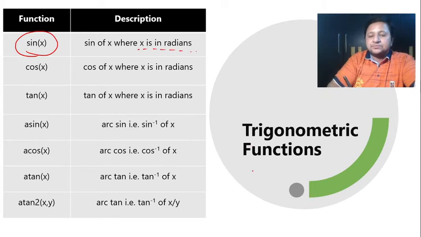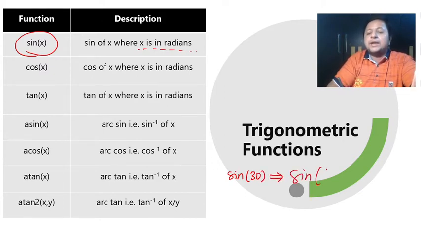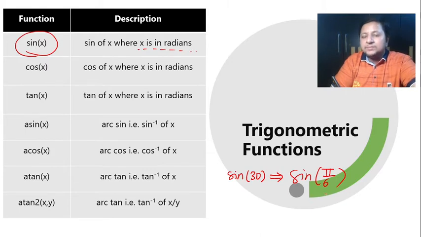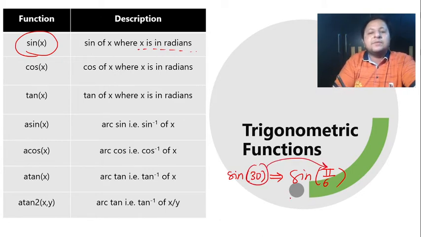Let me give an example. If I want to write sin 30 as we generally write, in radians it has to be pi by 6. Now you know what pi is? Pi is 3.14. Pi is 180 when it comes to radians. So pi by 6 has to be calculated, and for 30, that is the argument which should be given. So whenever it comes to trigonometric functions, all the angles which you have to pass as arguments must be in radians.